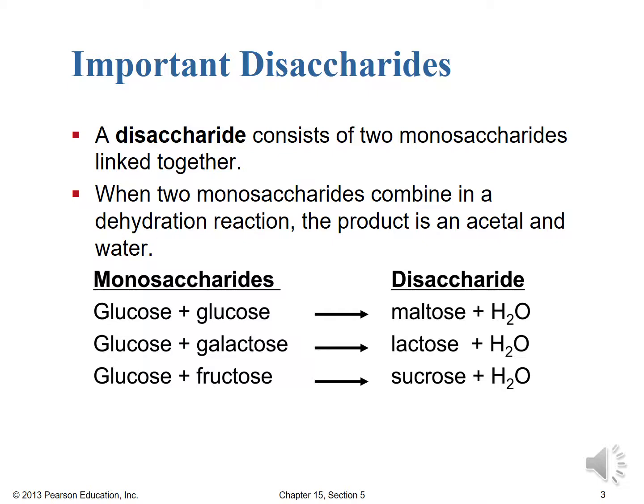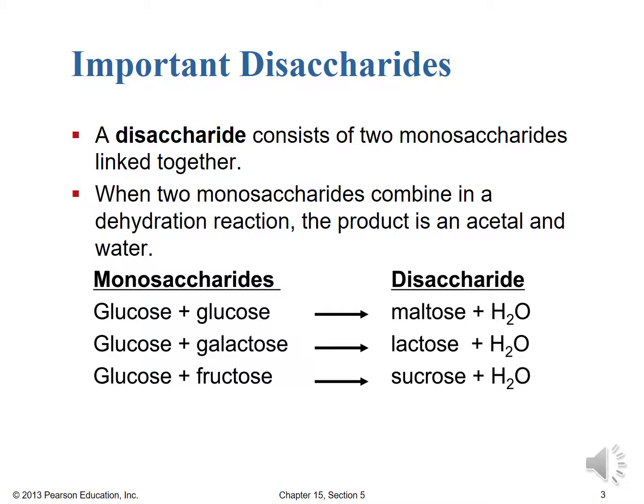A glucose and a galactose form lactose plus H2O. So lactose is the milk sugar, and it's broken down in the body to glucose and galactose. Most of the time, of course, if you're lactose intolerant, it means you lack that enzyme, or at least lack sufficient amounts of the enzyme to break it down enough, and you get, unfortunately, usually diarrhea, gas, bloating, that sort of issue. For a glucose molecule combining with a fructose molecule, that gives us sucrose,